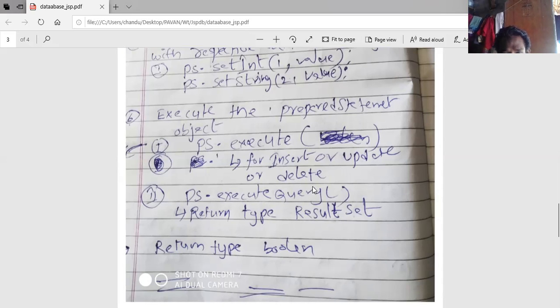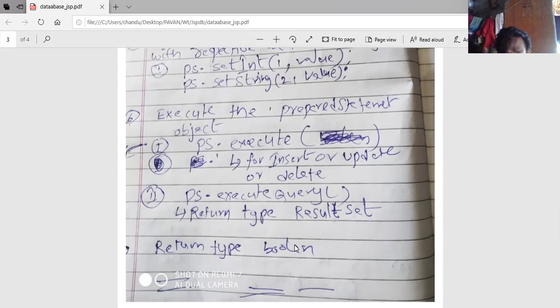The return type of execute is a Boolean value, and it may be true or false.